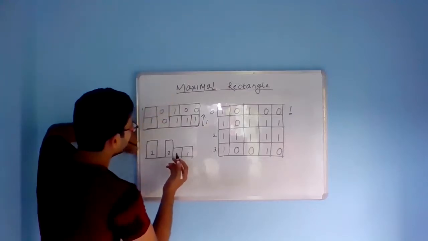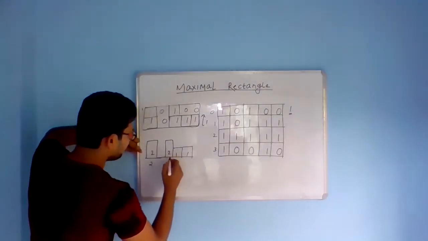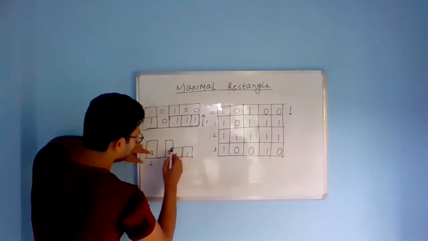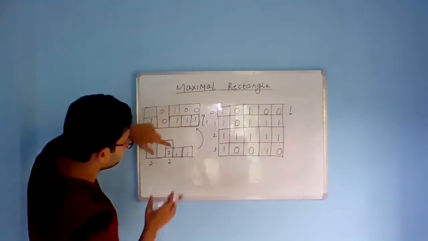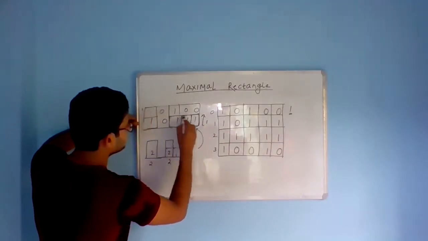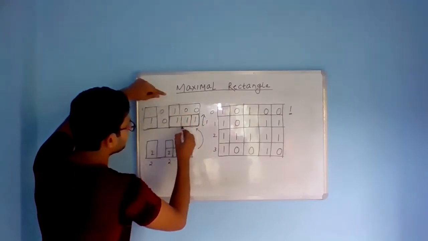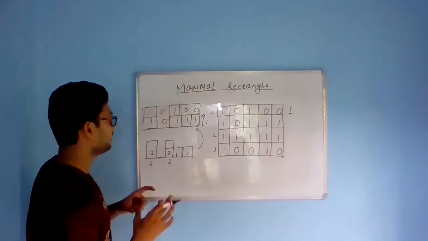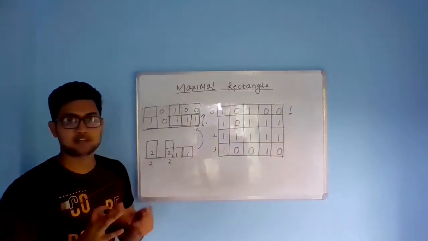As you can see, it will have an area of 2 only, but this block will contribute this much. If you tally this much portion with this particular submatrix, you can see that this is the biggest area rectangle. If I take this much rectangle, it will not give me a bigger area, but if I consider this rectangle, obviously this will give me a bigger area.